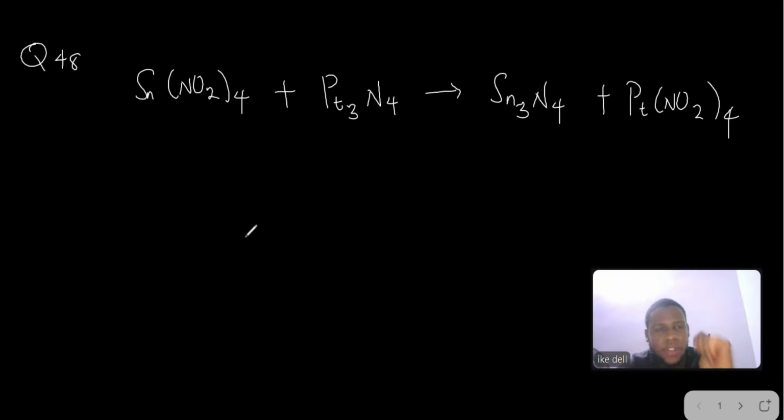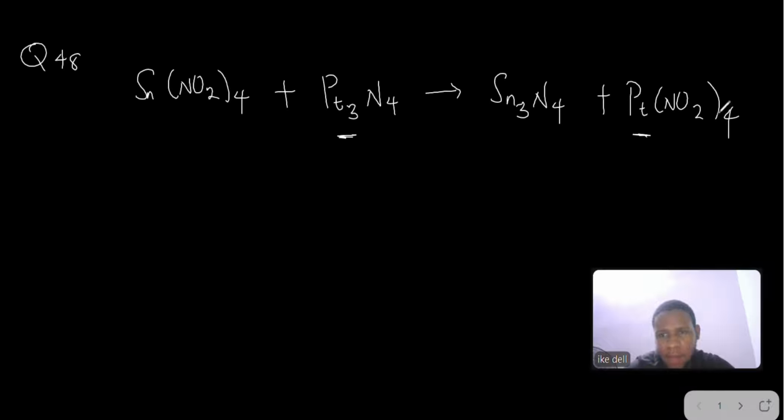Right, let's solve this question. Let's balance this. It's not balanced right now, but I can see a 3 here and nothing there. So I'm already tempted to place a 3 in front of the Pt on the right there to try to balance that. Okay. I mean, when I look at the scary thing here, which is the NO2, 4 of it,